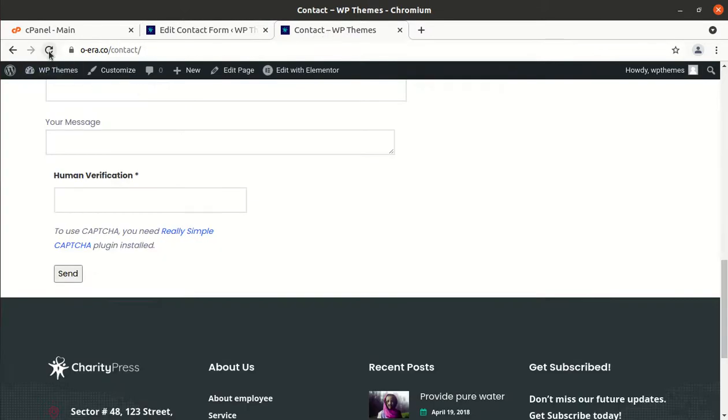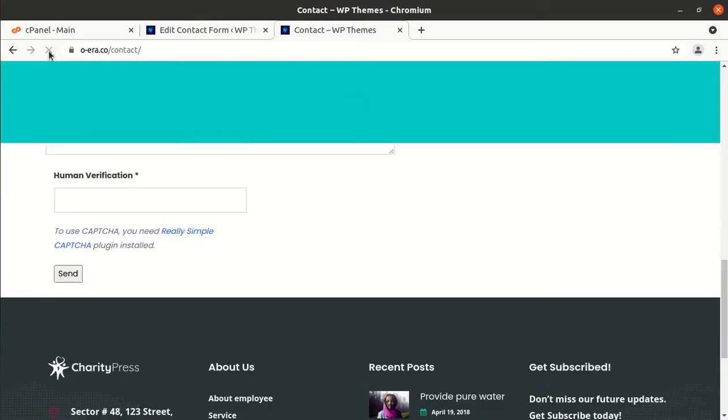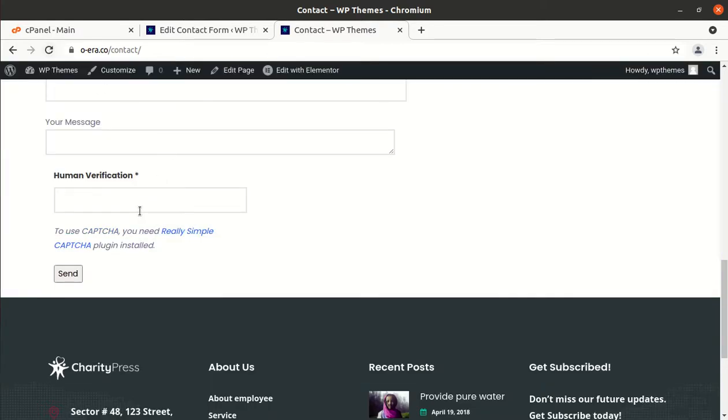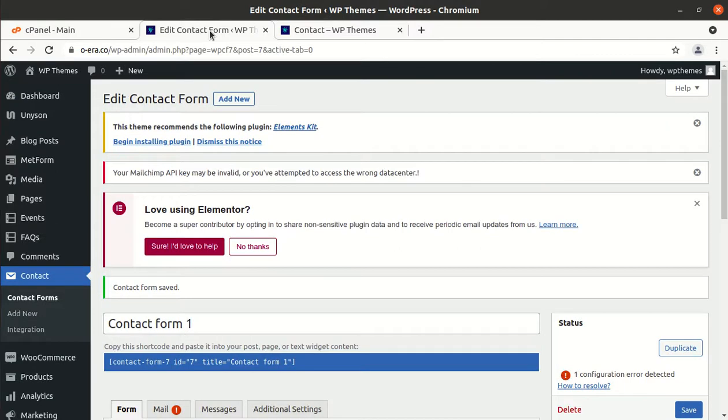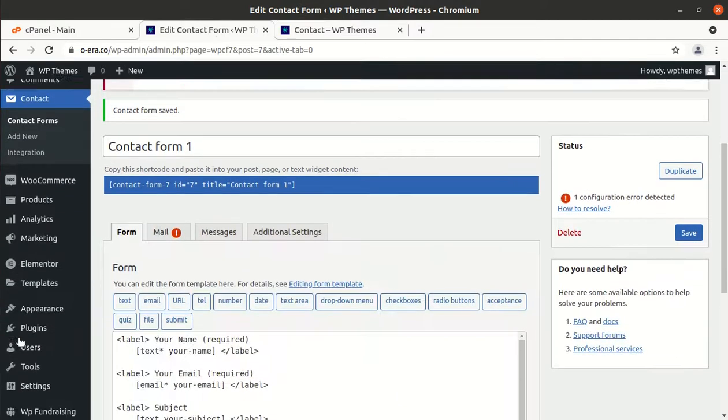Okay, so this is the outcome of this code, and it is fine. We are just illustrating the human verification option, and the text box for putting the captcha is here, but the captcha is still not showing up. And now next we need to install a plugin called Really Simple Captcha. So for this we will go to Add New plugin,